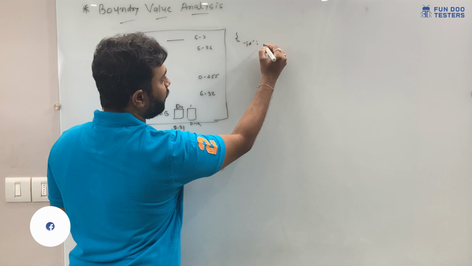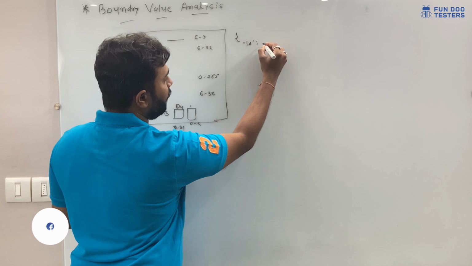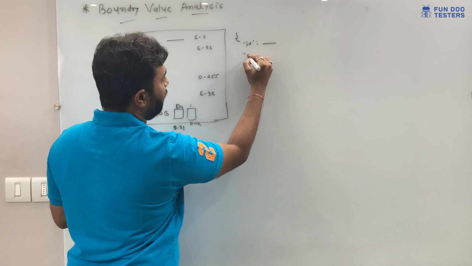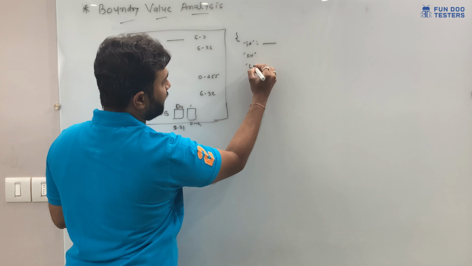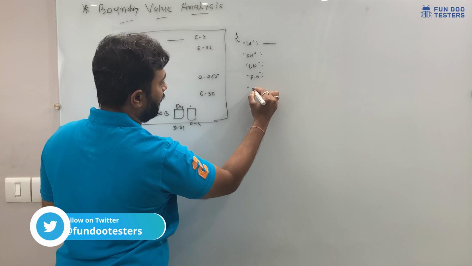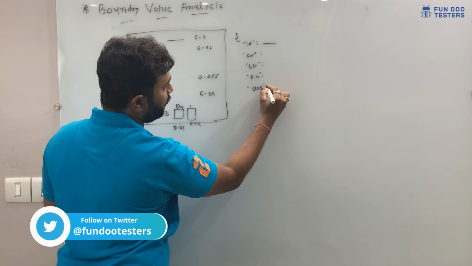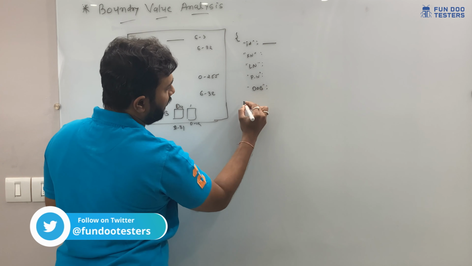Whenever we are filling the form, it will generate a JSON response or XML response. So it will have data like this: first of all, the user ID, there should be some ID, then first name, last name, password and date of birth. Using JSON, this data will go to the server. So now this is our front end, and this data will go to the back end.